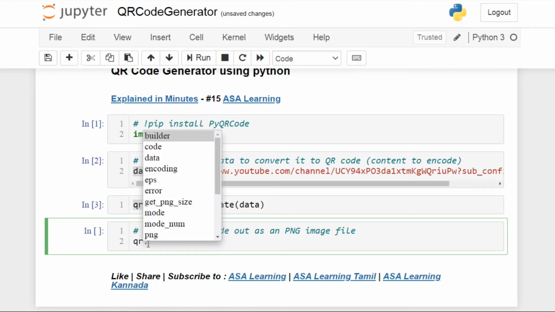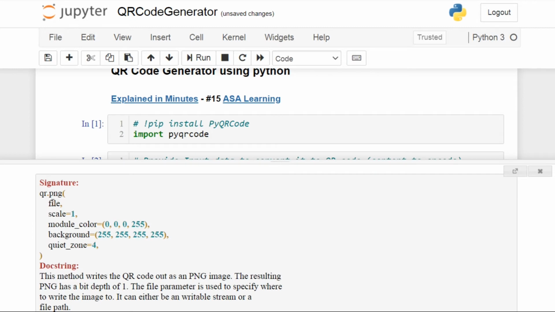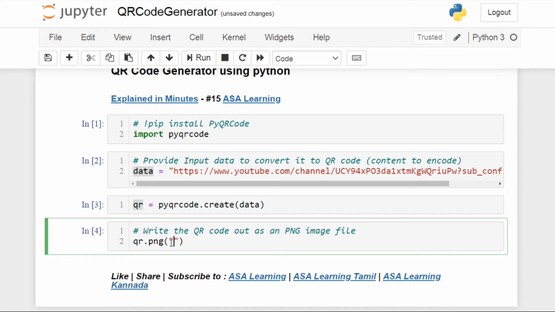On qr, you will have png method, and this function takes the file, scale, module color, background color, and quiet zone. If you want your QR code image file as a colored one, you can play with these values. So now let's give our file name as sub to ASA Learning.